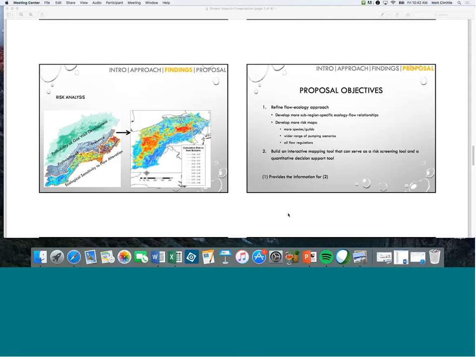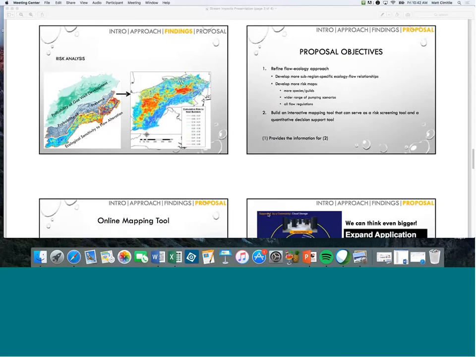But primarily, what we'd like to do is develop more of these risk maps for different pumping scenarios, different flow regulations, different types of species or guilds that we might be interested in, and then potentially put those out on some sort of online decision support tool. So we go on to